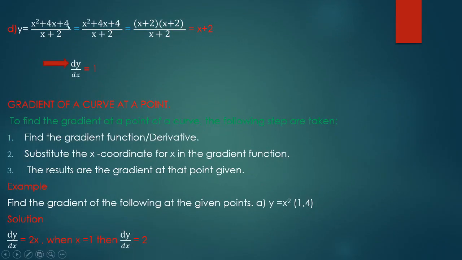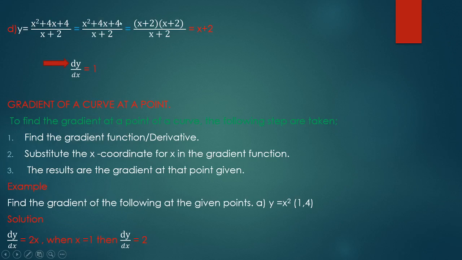Now, another question, you are given y equals x squared plus 4x plus 4 all over x plus 2. You have to think on how to go about this one. When you look at the numerator here, this is 4 and this is x squared. You realize this is a perfect square. Being a perfect square, you think on how to factorize. Or in simple terms, you can easily factorize this one. Just factorize. If you factorize the numerator,